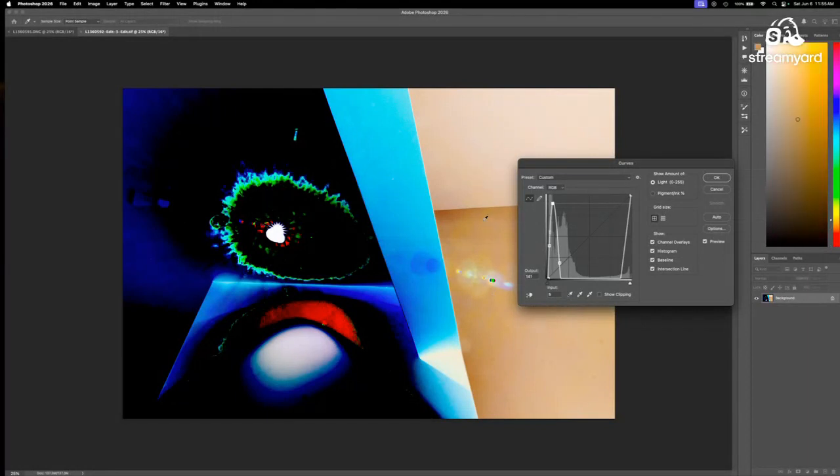If we put the dropper down, you can see where it shows up. There's a look at the panel here. When I put my dropper in different places, you can see where those pixels are.